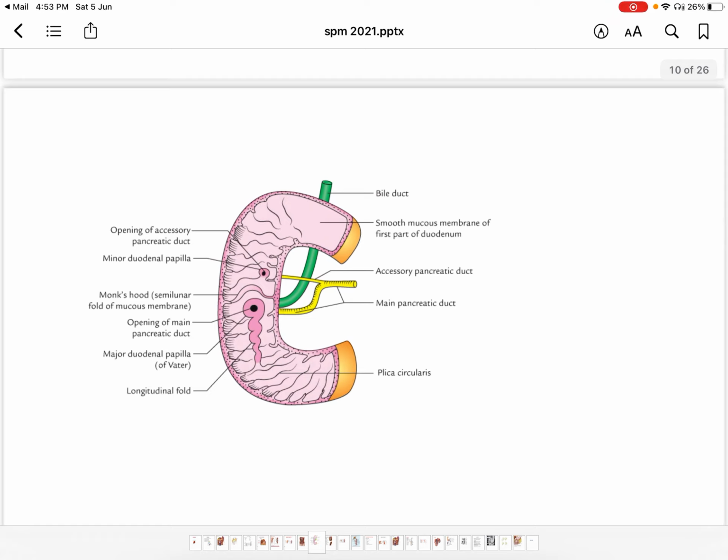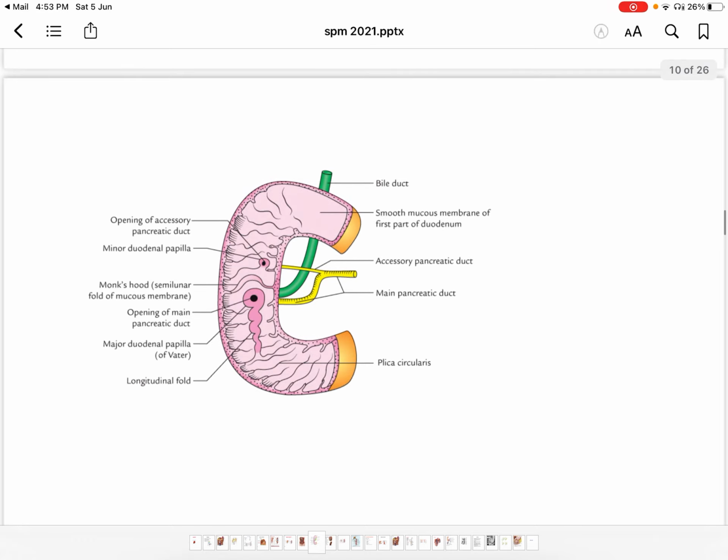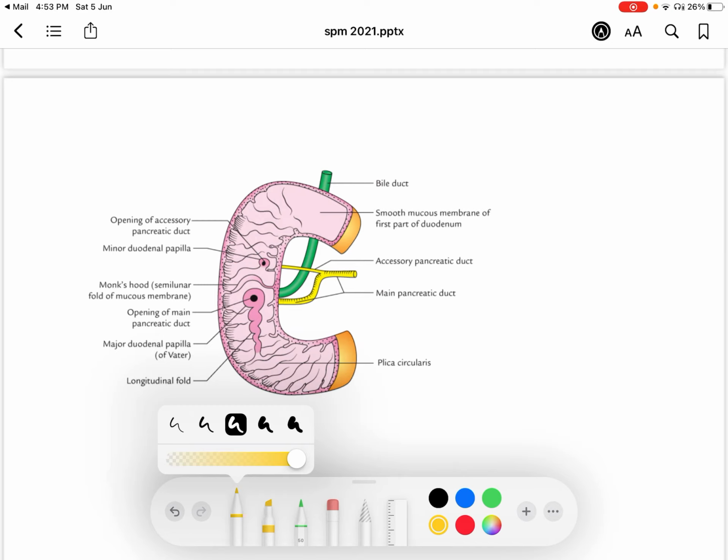In the second part, you can see the opening of the bile duct and pancreatic duct. This is the main pancreatic duct, and this is the accessory pancreatic duct, and this is the bile duct. The bile duct along with the main pancreatic duct is known as the hepatopancreatic duct. The common hepatopancreatic duct is opening here, and that forms